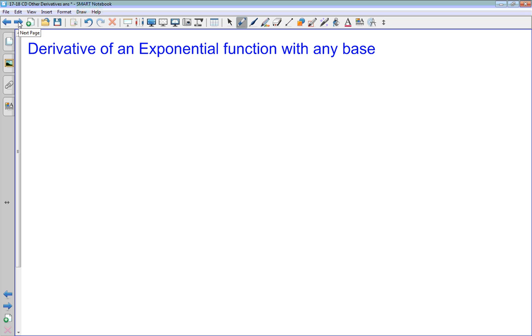So what if we want to find the derivative of an exponential function that has a base other than base e? Well, think back to where we started in this unit. This was actually the question we had at the very beginning. If we have some function, y equals a to the x, a general exponential function, and we wanted to find the derivative,